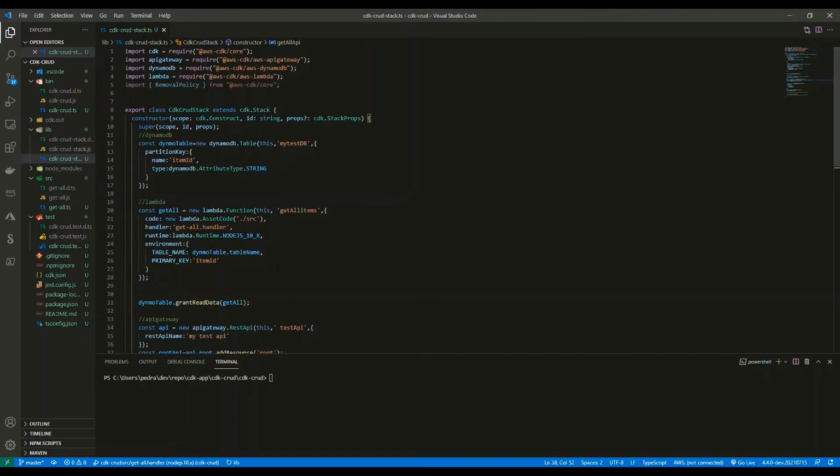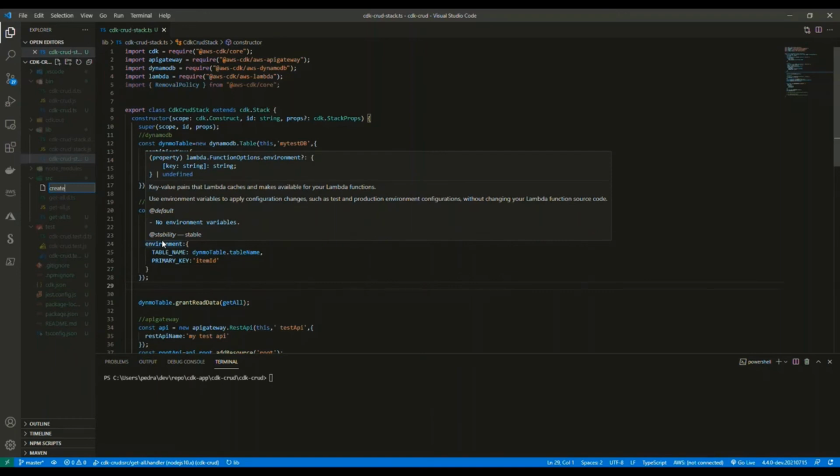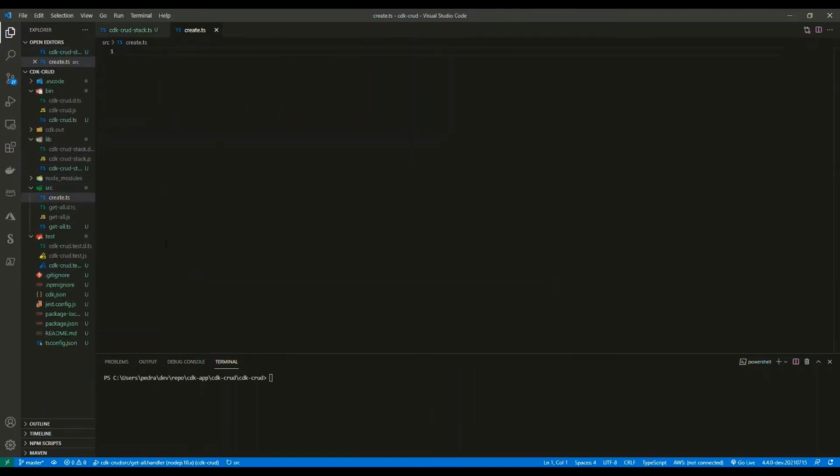So yeah, great. In this I'm going to make a create functionality so you can post something into the API, but I don't think that it would make sense that I implement everything in the video. So I think I would just add the code to my GitHub, and I would probably add it to the description so you can have a look or download it. So I'm going to add this create.ts as a placeholder for my post